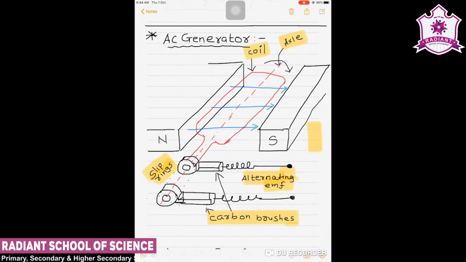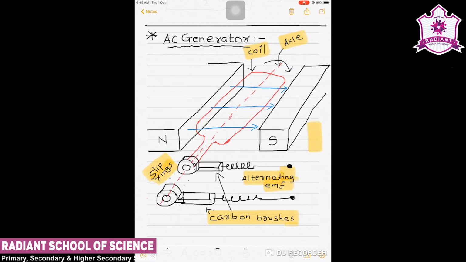As shown in the figure, the basic elements of an AC generator are: it consists of a coil mounted on a rotor shaft. The axis of rotation of the coil is perpendicular to the direction of the magnetic field, as shown in the figure. The coil, that is also called armature, is mechanically rotated in the uniform magnetic field by some external means.